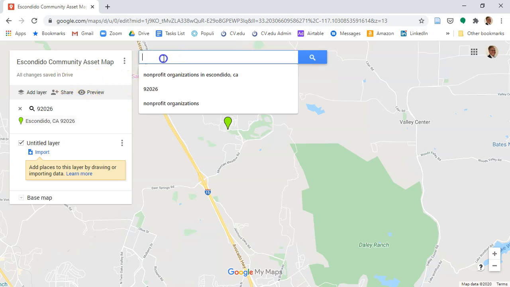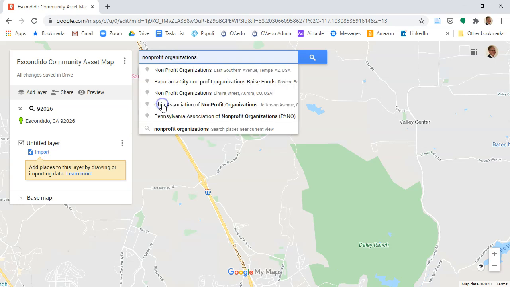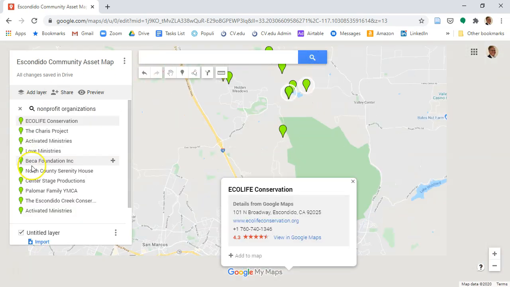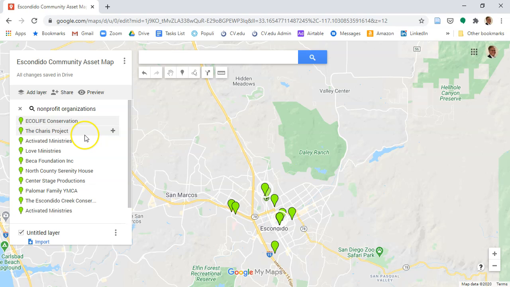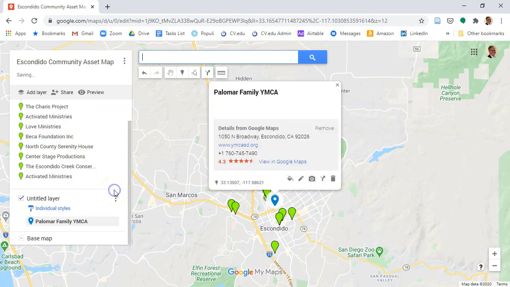Then what you'll want to do is search for the types of organizations that you might be interested in. So, let's first do a search for nonprofit organizations. I'm going to hit the search button because it's going to pull up a longer list. You can see them on your map, and then you can decide which ones you want to include. So the YMCA seems important, and maybe I'm going to make this whole layer